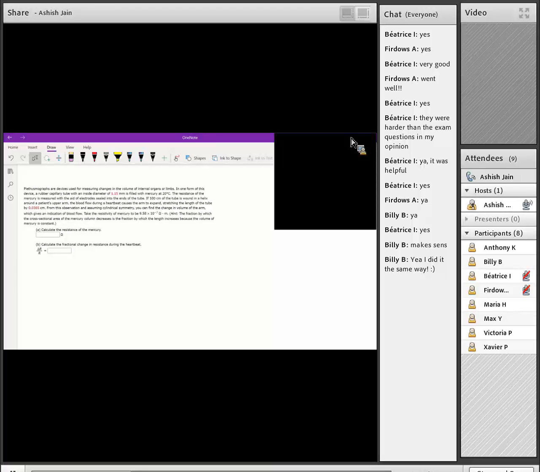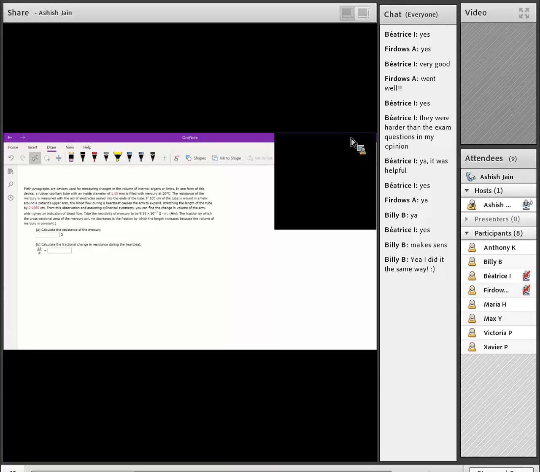Next question is a bit conceptual. It's related to real life. I thought it's a good thing to give you an idea. So there is something called plethysmographs. These plethysmographs are used to monitor your blood pressure and specifically monitor the change in volume of your internal organs in the body. Okay, so